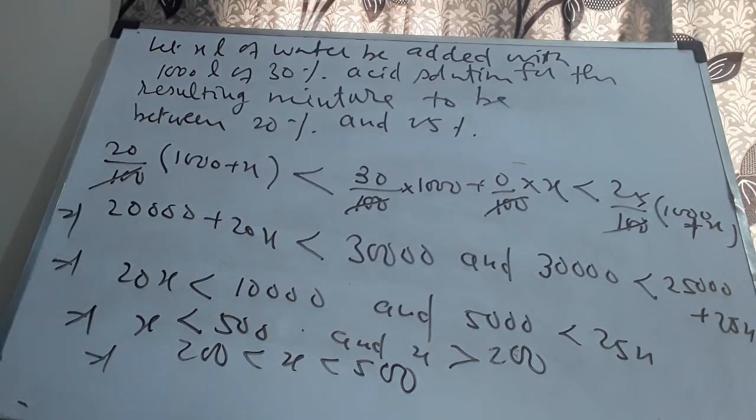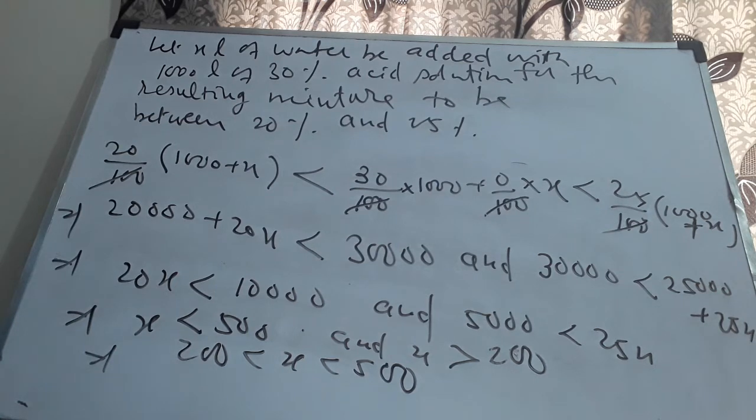Only in the previous case, I was getting my value of x between two negative values. The quantity being added can even be 0 liters. There is nothing wrong in it. Between 0 liters and something you can get, but you should not get a negative value. For the previous case, I should not come to the conclusion that the question is wrong, or panic. I should give the answer in such a way that such a thing is not possible. That is the conclusion I am supposed to give.